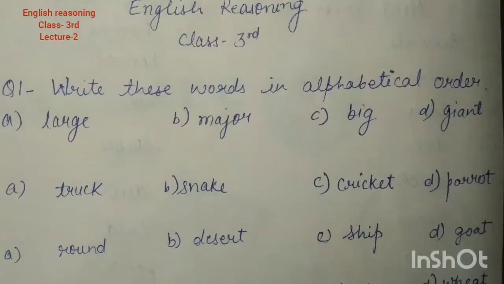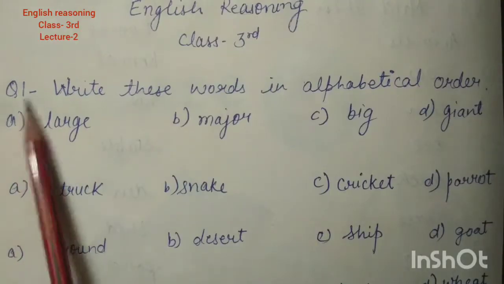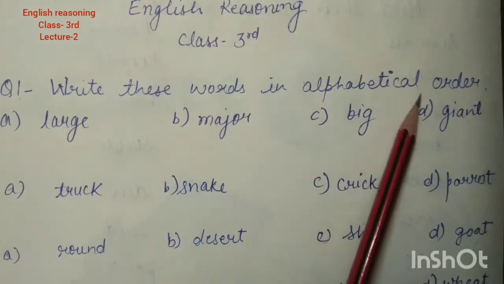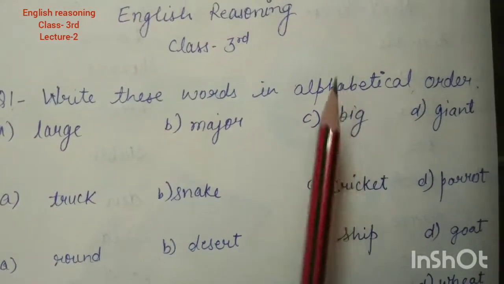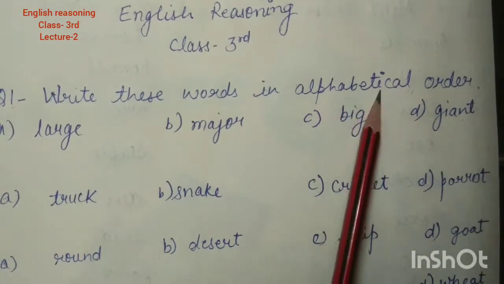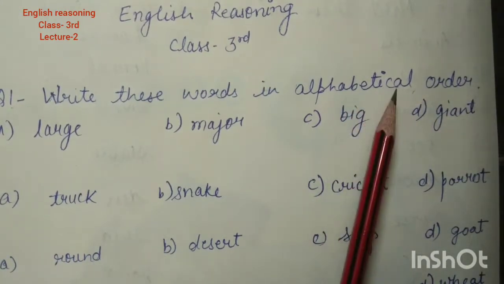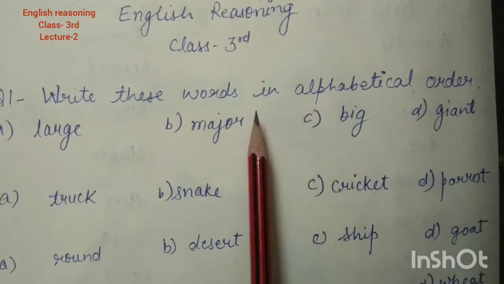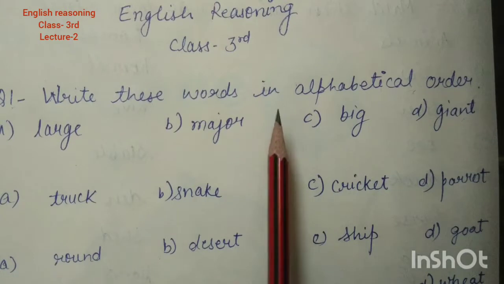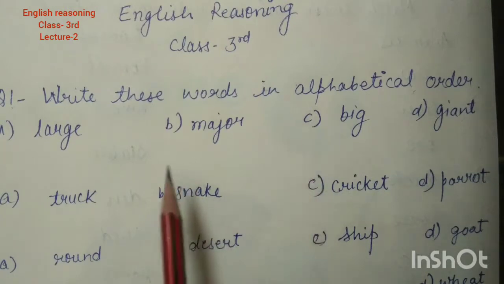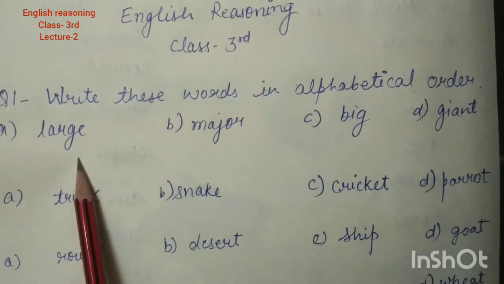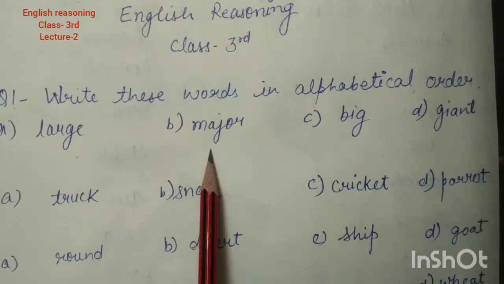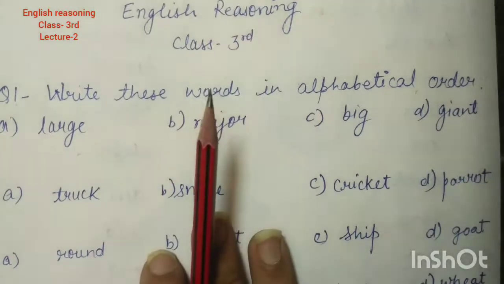So students, now begin with our first question. Write these words in alphabetical order. Our first question asks us to arrange the words in alphabetical order. We all know about alphabetical order. जो पहले क्लास में आता है वो पहले डेस्क पर बैठता है. वैसे ही in alphabets which letter comes first we have to write that in first position and जो बाद में आता है उसे हमें बाद में लिखना है. You all know that. Let's begin with our question.